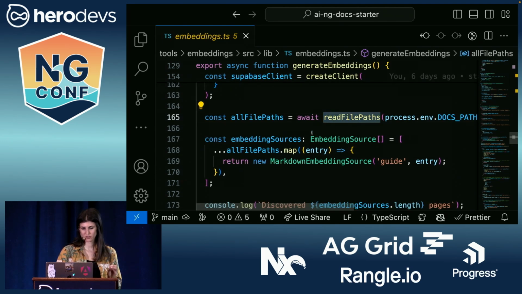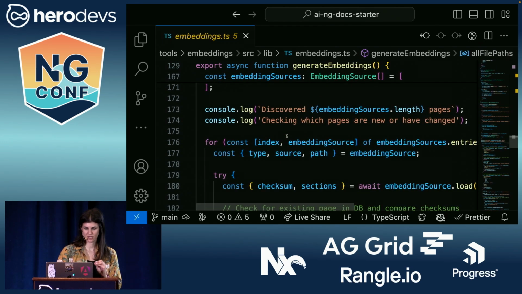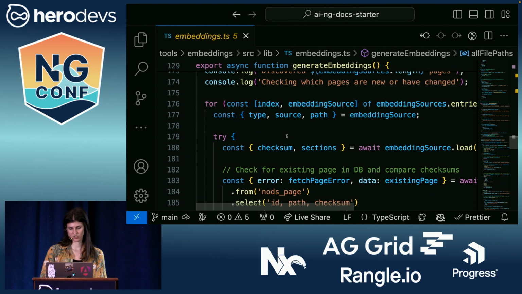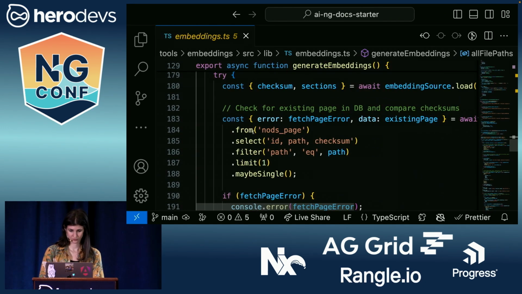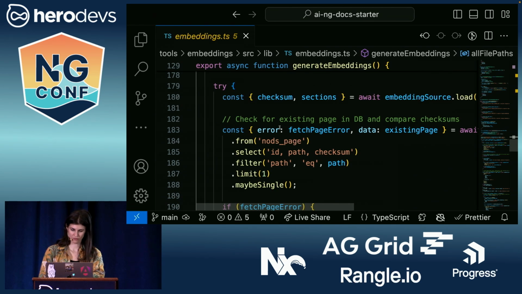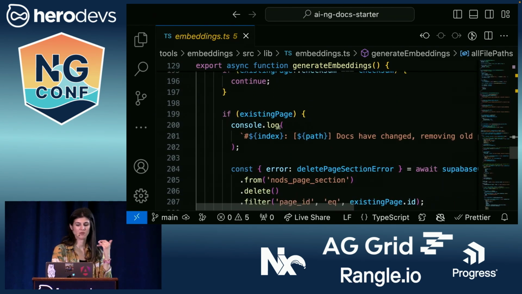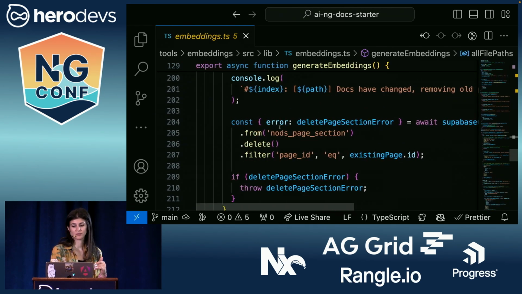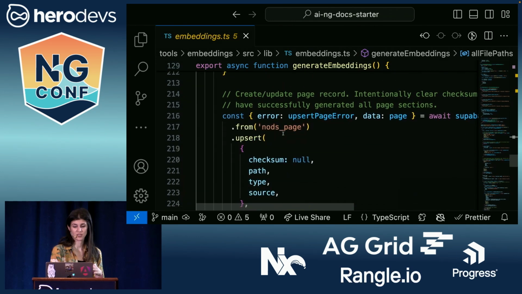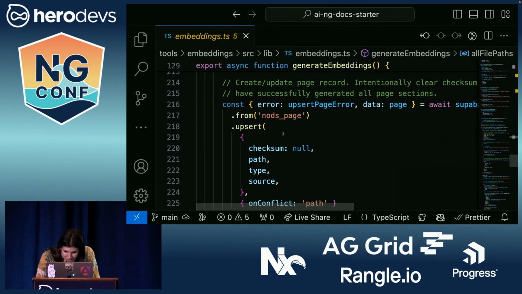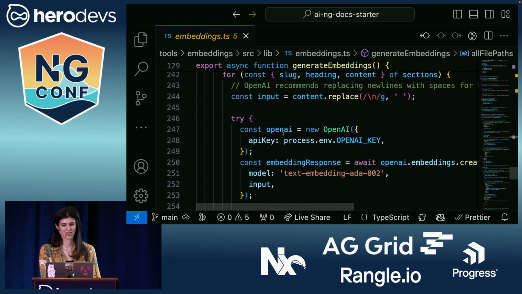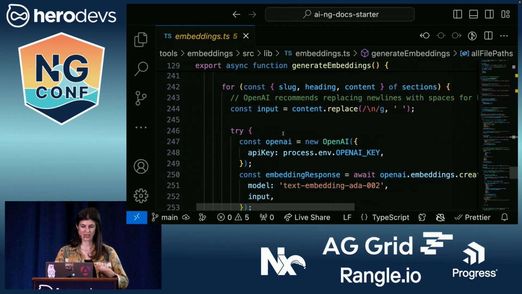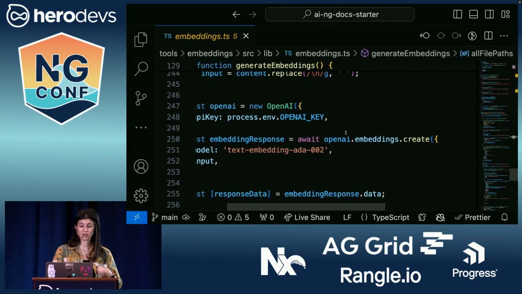Then it reads the file path, of course. And here is where the magic happens. First here it checks if the checksum is the same. If it's not the same, it will add the page section. And where is it when I'm generating the embedding? Sorry. Here. OK. So what it does for each page is it calls the